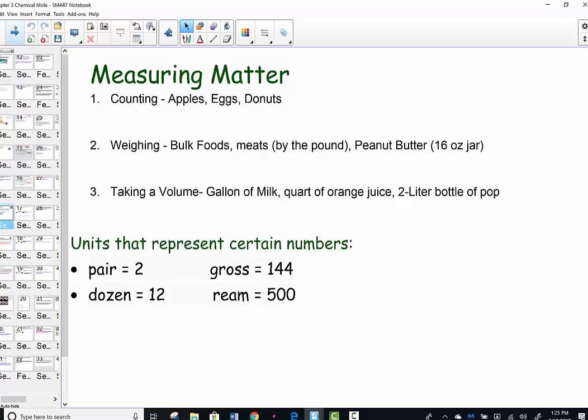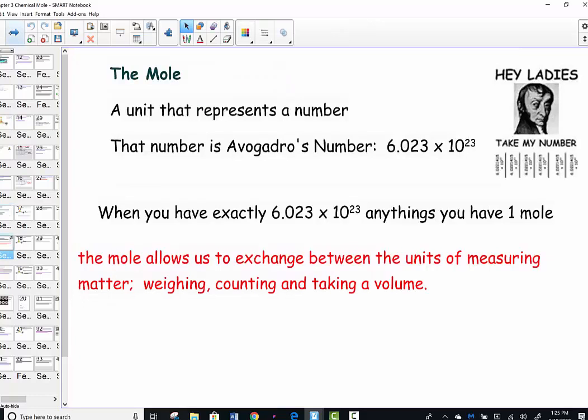A ream of paper, unless you stuff the copy machine regularly like I do, a ream of paper is 500 sheets. It's a word that represents a number. These words and the number is the same thing as a chemical mole. The mole represents a number, and it's a very, very big number because atoms are so small. When I think of the word mole, it's a number, and it's called Avogadro's number, and that is definitely a